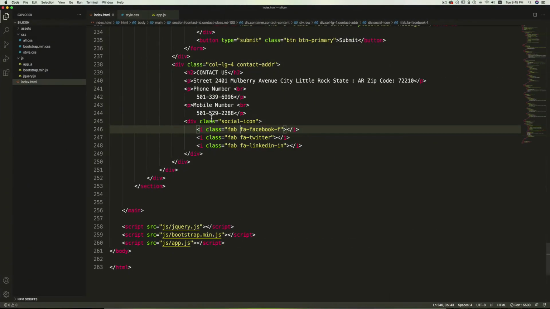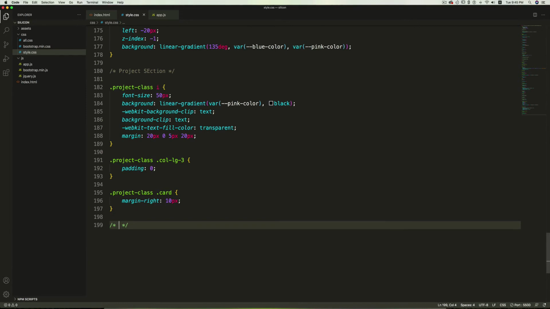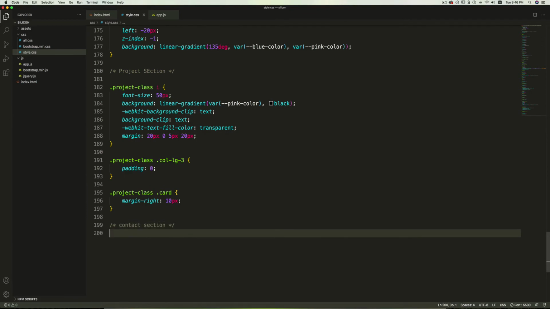Now let's style it. So open up style.css, and after the project write a comment contact section. Now in here first I'm going to target the bg-contact class.